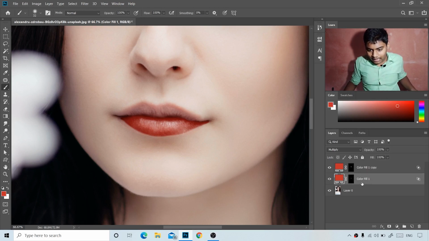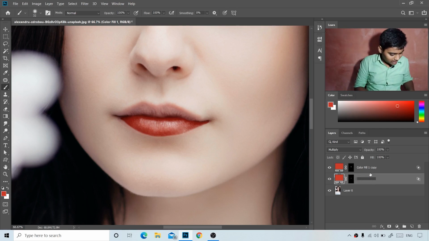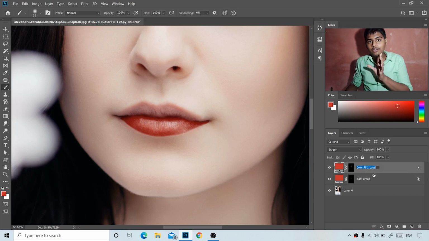So let me name these layers. First, this is the color which represents the darker pixels or the dark colors. So let's name it dark areas. Okay. And this is the one for the bright area.